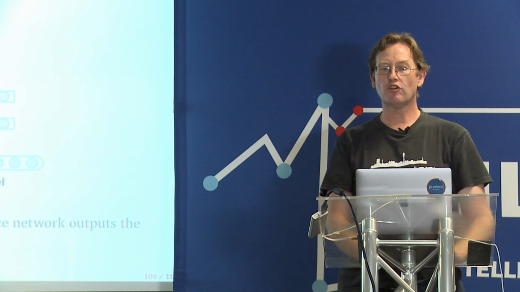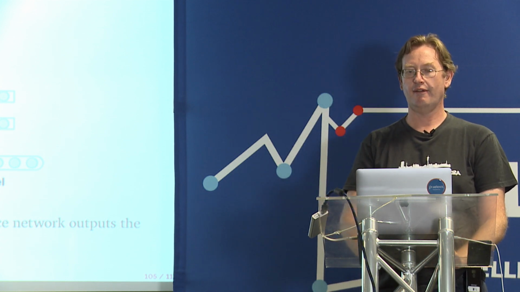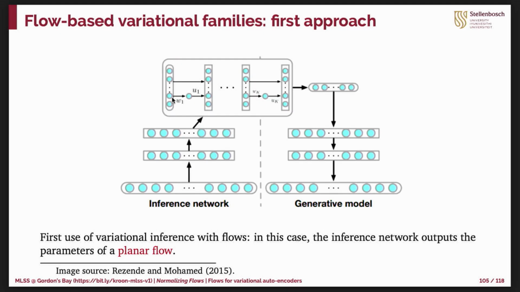Okay, once I've got that distribution there, that corresponds to a distribution, but I actually have a sample that I get from the reparameterization trick, and I can push it through my generative model, and then I can do end-to-end training with the regular VAE infrastructure. Okay, you can also do a different approach where you condition on a representation of the observation at each layer,